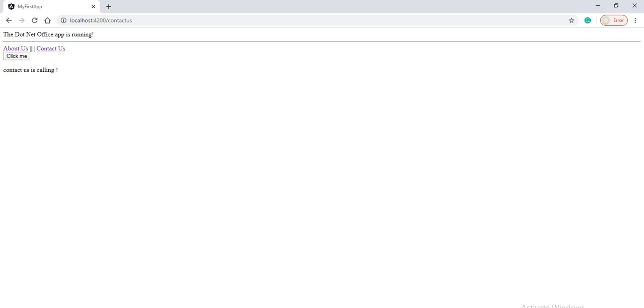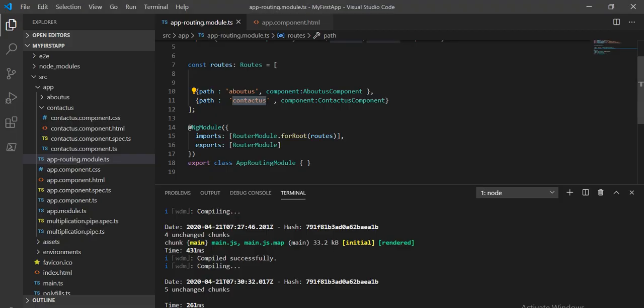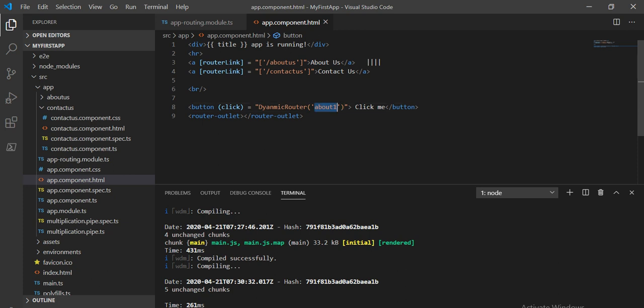By default, for the button we gave contact us only. We were checking in the component page that if it is about, then load the about page, otherwise the contact page. Based on that it is showing it.